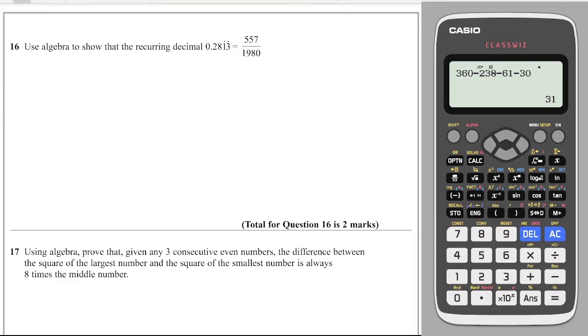Okay, recurring decimal. There's a couple of ways of doing this. Now, what I'm going to do is, and I think some teachers might scream at me for this, but I'm just going to go for this method here. And that is, seeing there are 2 digits reoccurring, so I'm going to multiply x by 100, because 100 of course has 2 zeros, and there are 2 digits reoccurring. So multiplying through by 100 is going to give me